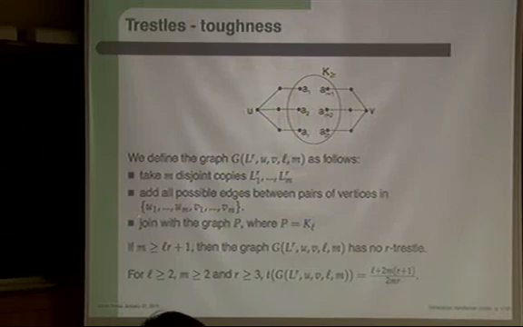Between these vertices we add all possible edges, and then we take a clique of arbitrary size, let's say size L, and we put all edges between this clique and the rest of the graph. So we get some graph which will